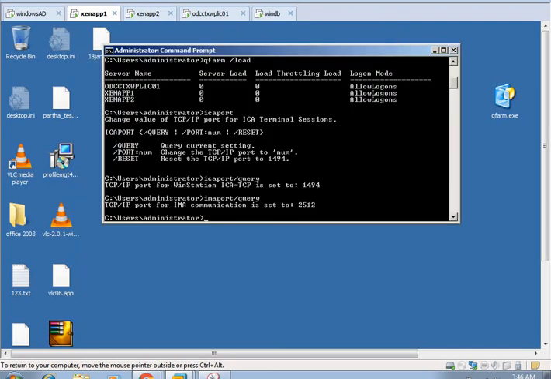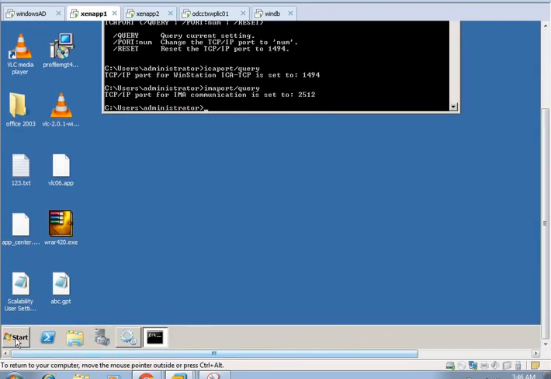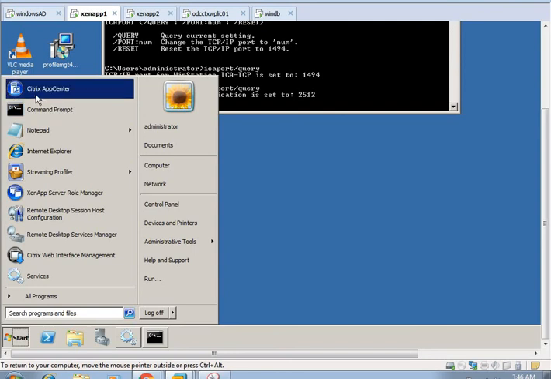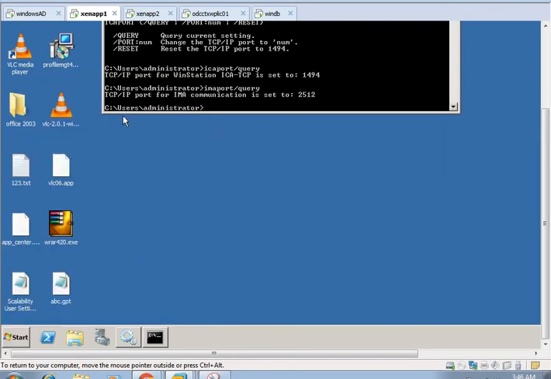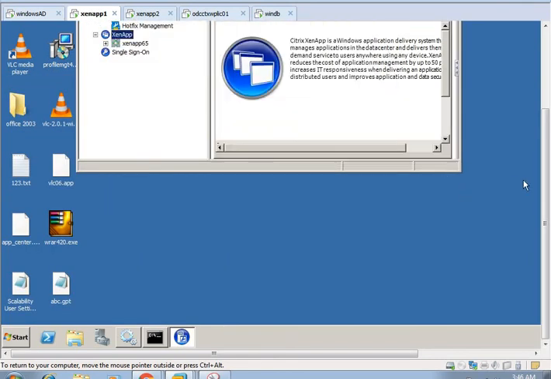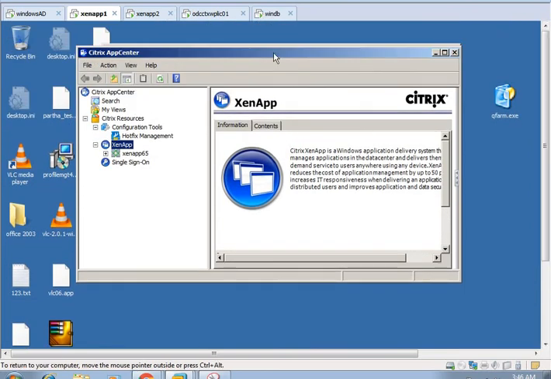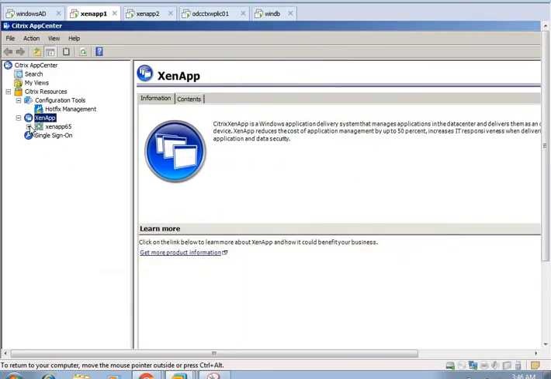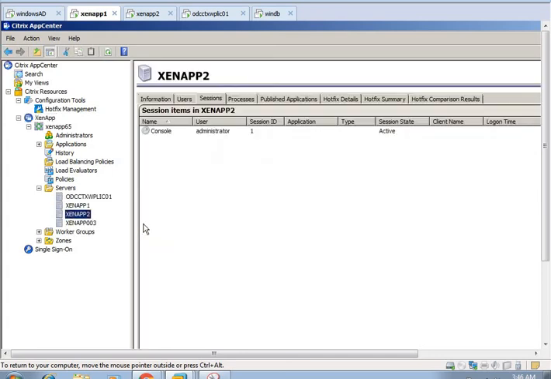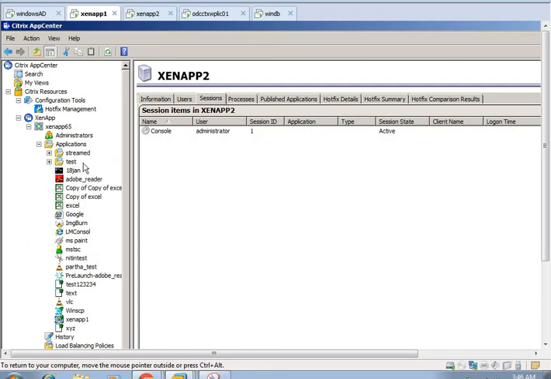Just closing this, and again I will launch the XenApp Citrix App Center, and we'll see whether the new application server is showing over here or not. It's showing here.